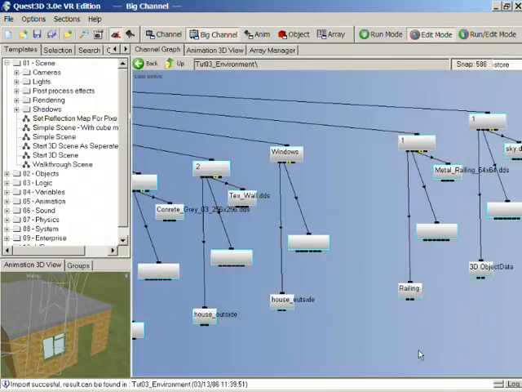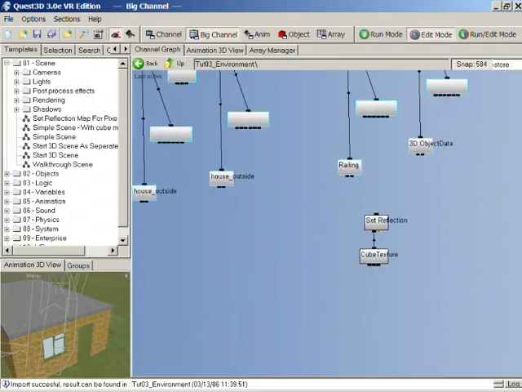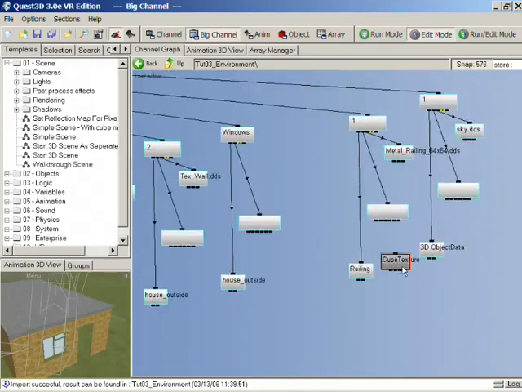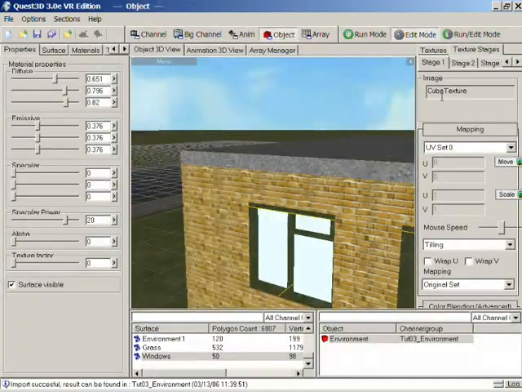and what I'm going to do is drag in this template here, the set reflection map, and you can see there is a cube map texture here. So let's delete the other channel, so we've just got our cube map texture, and let's apply this to our window surface. So back to the object section, you can see our window surface now has our cube map